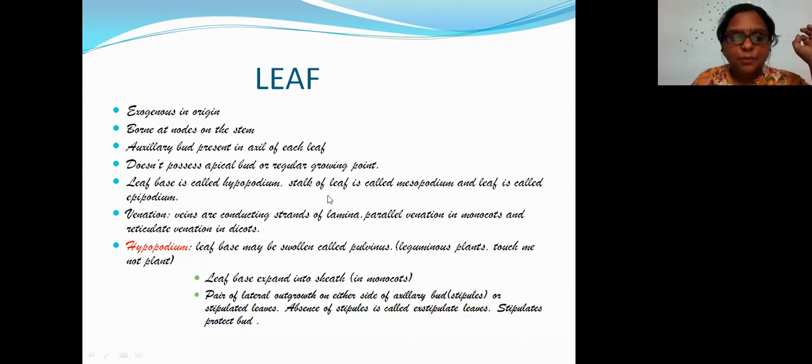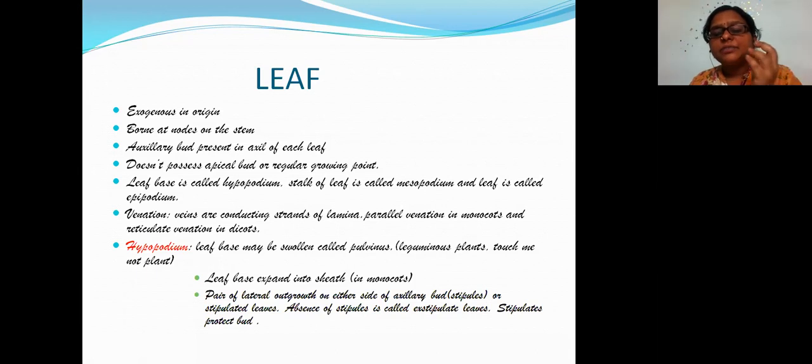Now you have hypopodium, right? Here I told you hypopodium. Now you have a pulvinus. Pulvinus is also there in your NCERT, right? You can see the base of the leaf will sometimes be very swollen, which we call a pulvinus. So which part is actually swollen? The leaf base, we can say hypopodium. So in the MCQ, they will ask you that pulvinus is a part of which podium? It is actually the hypopodium.